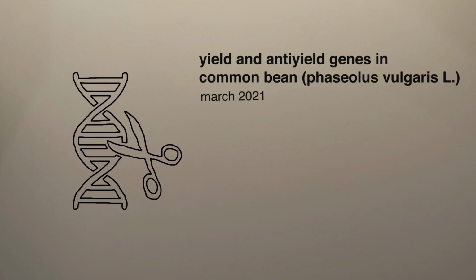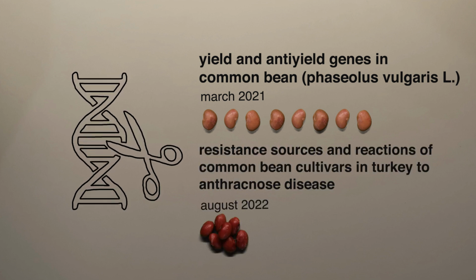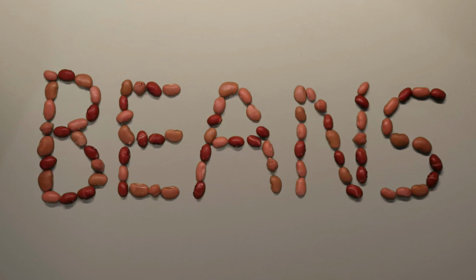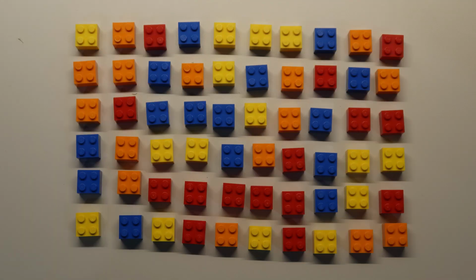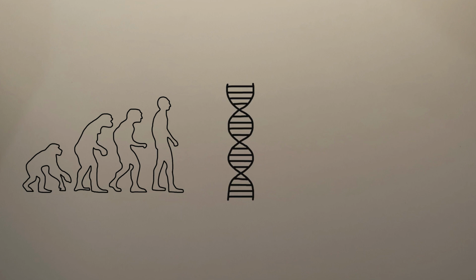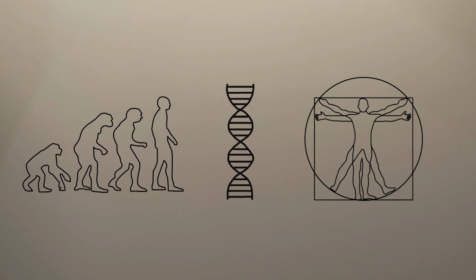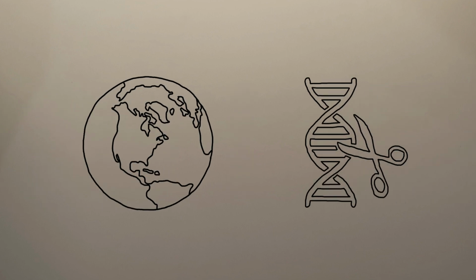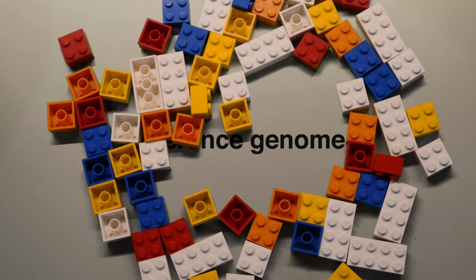Such genetic engineering is taking place currently, with a study published last year in Canada aiming to improve yield, and in Turkey for disease resistance, among many others. And so, from the example of the common bean, we can see the importance of breaking down the complexity of an entire species to just its genetic blueprint. We now have a greater understanding of the history, structure, and function of organisms on a genetic level, and how we can use these to benefit society, all thanks to the reference genome.